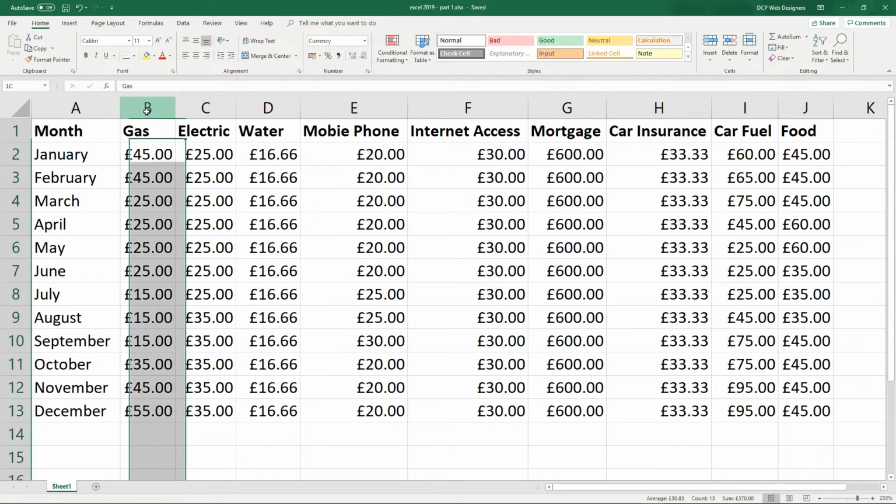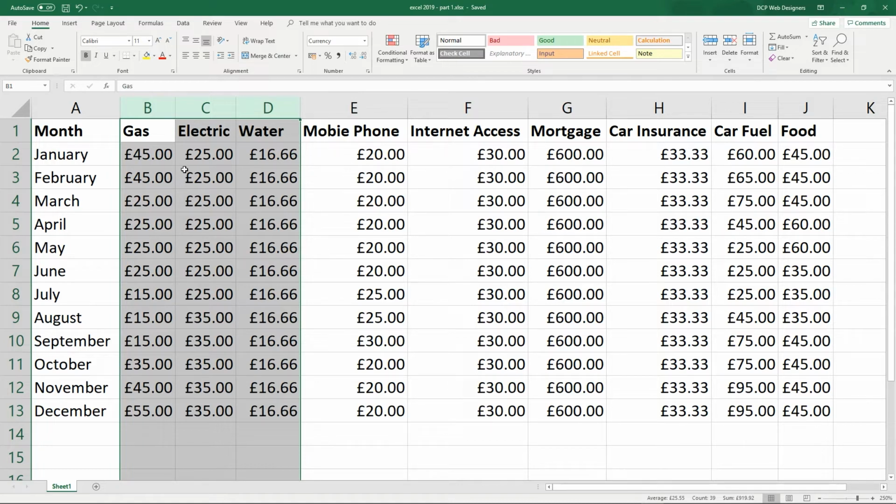So gas, electric and water, we could have had this spreadsheet set up for last year. And we're looking at this year's data. Down here it says sheet 1, right? Can you see it says sheet 1? Let's double click on that. So when you double click with the left mouse button, you can give this a new name. So let's call this